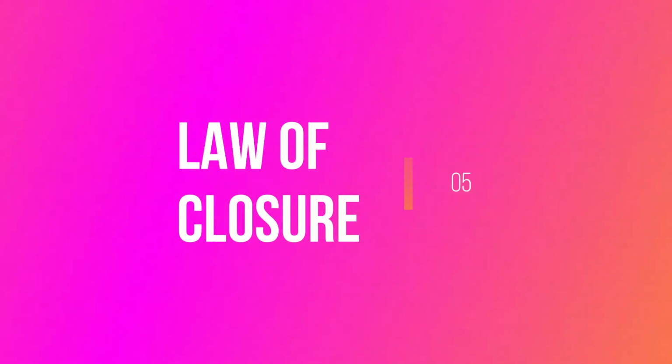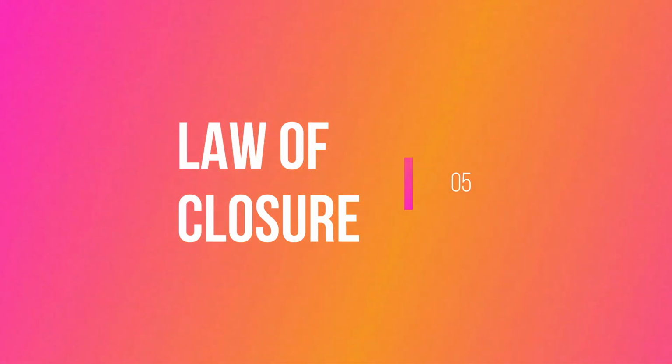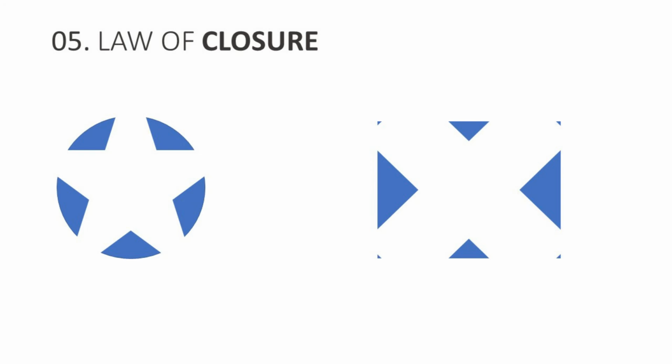And the last one, the fifth one, is the law of closure. The law of closure states that human beings perceive objects such as shapes, pictures, letters, etc. as being a whole even when they are not complete. Especially when parts of a whole picture are missing, our perception fills those gaps in the visual